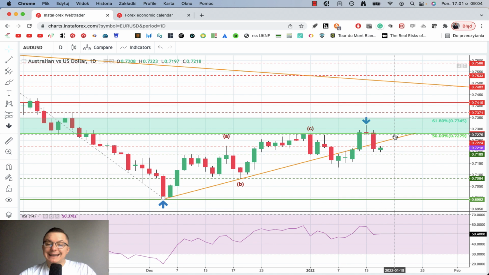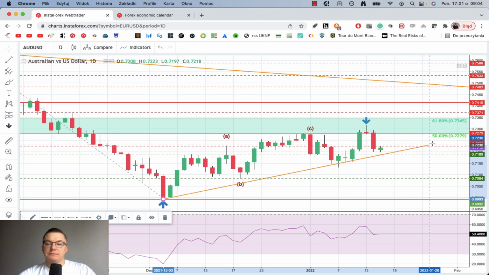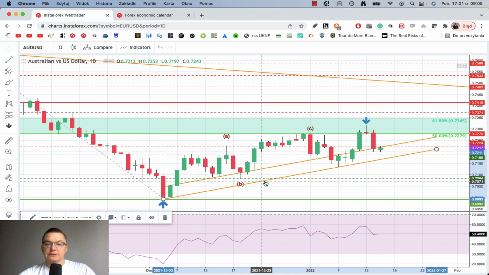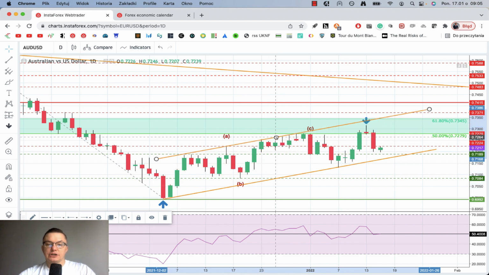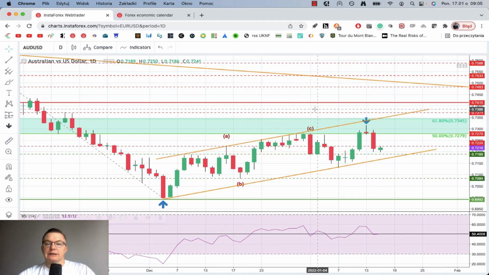However, we are again below this trend line. So because we have new data, maybe we should do this, right? We have the new data, we managed to change our trend line, and look at this right now. We got a nice channel here into the 50-61% Fibonacci retracements, and if we break below 7,189, and especially